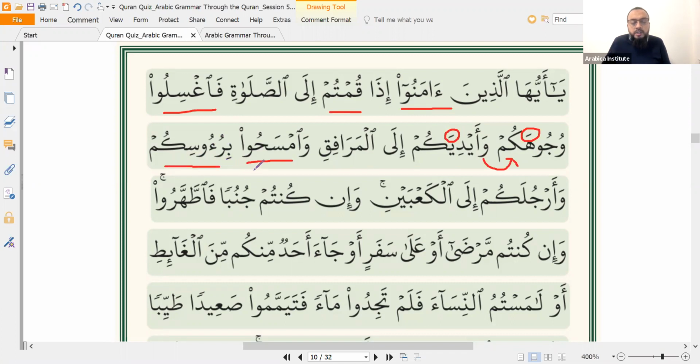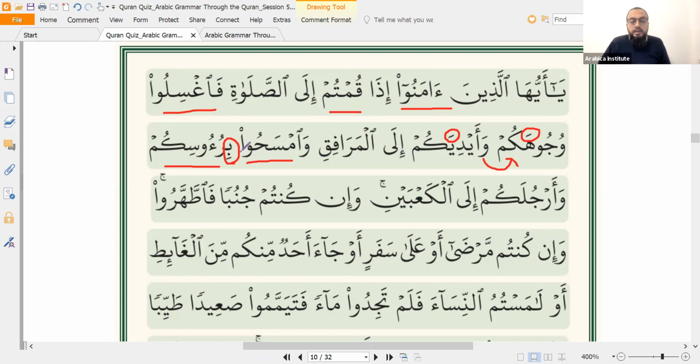This is initially a very strange construct. This doesn't say wipe your heads. It says wipe with your heads. What is the tool you use to wipe your head? Your hands, right? So technically this verse isn't saying wipe your head with your hands. It's saying wipe your hand with your head, right? Because if the verse said وَامْسَحُوا رُؤُوسَكُمْ, that would create an obligation to wipe the whole of your head.